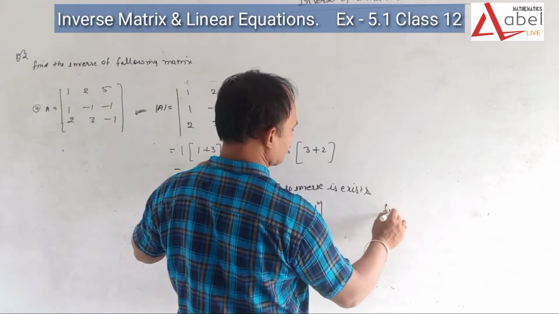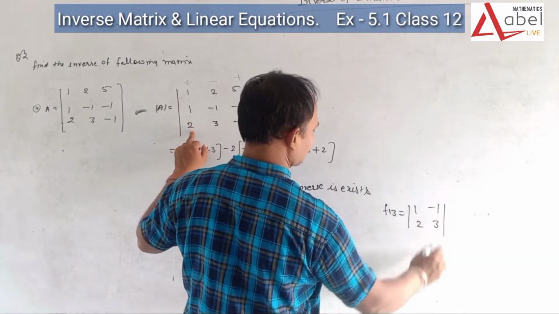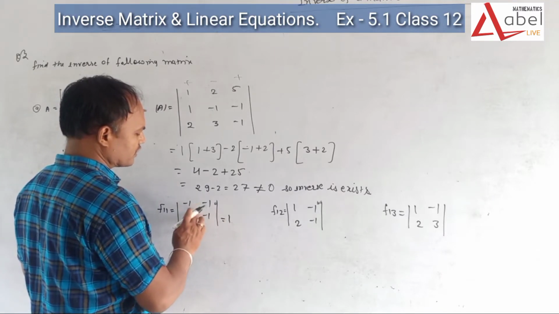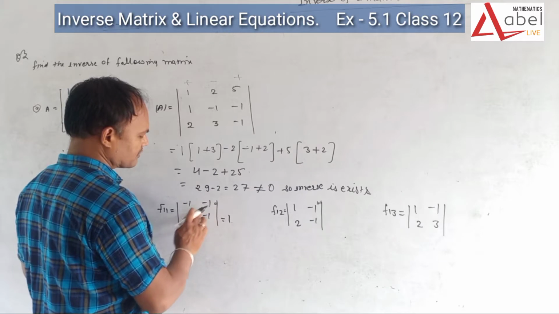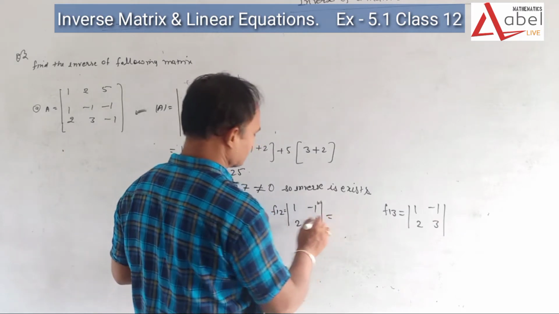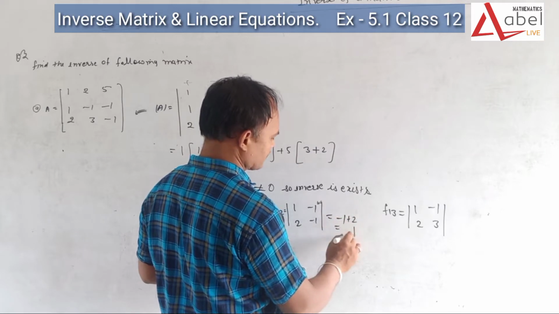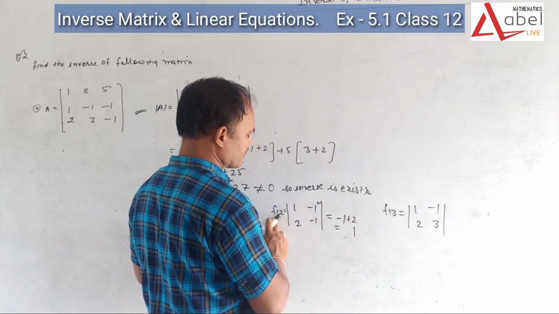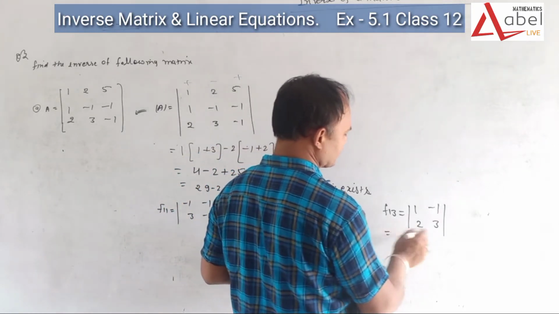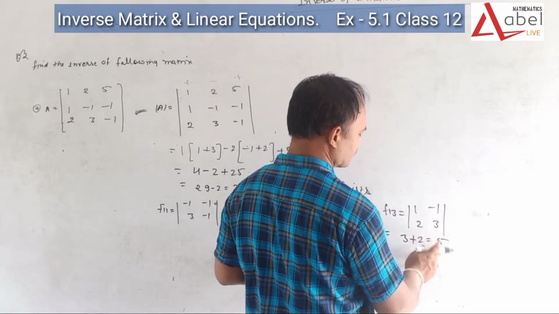About f13, it means 1, minus 1, 2 and 3. So when we find this, it is 1 and the negative sign is already there, it means 1 minus minus plus, so it is 3, so it is 4. Now what about here? It is minus 1 and it is minus 1 plus 2, so it is 2 plus 1, so it is 3, so we have to use a negative sign before it, so it is minus 1. f13 means 3 minus minus plus 2, so it is 5, 3 plus 1, it is 4, so it is the same.